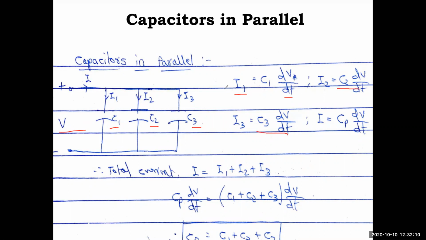And the total current: if we replace these by a single equivalent capacitance, we denote it as CP, parallel capacitance in that sense. So I is equal to CP into dV by dt. Again, using the properties of parallel connection, current is equal to the sum of individual currents, I1 plus I2 plus I3. Substitute there: I is equal to CP dV by dt, and here dV by dt is common, taken outside, so C1 plus C2 plus C3. The dV by dt cancels out on both sides. So CP you are getting as C1 plus C2 plus C3. Not clearly visible, but you can understand, right? Here the equivalent capacitance is equal to the sum of individual capacitances.